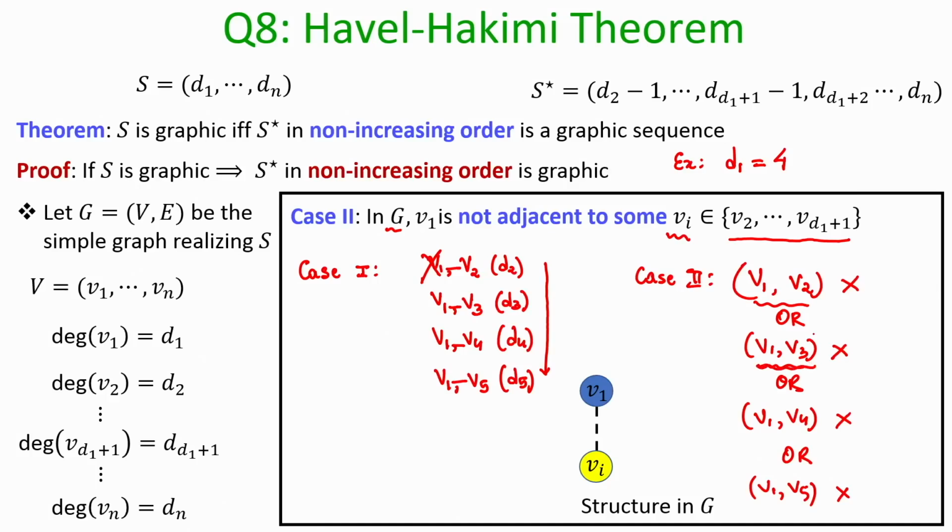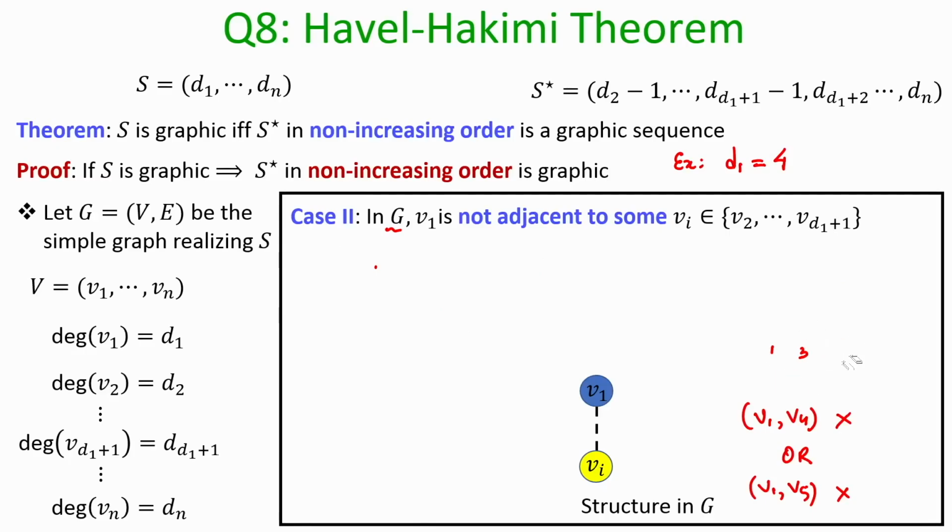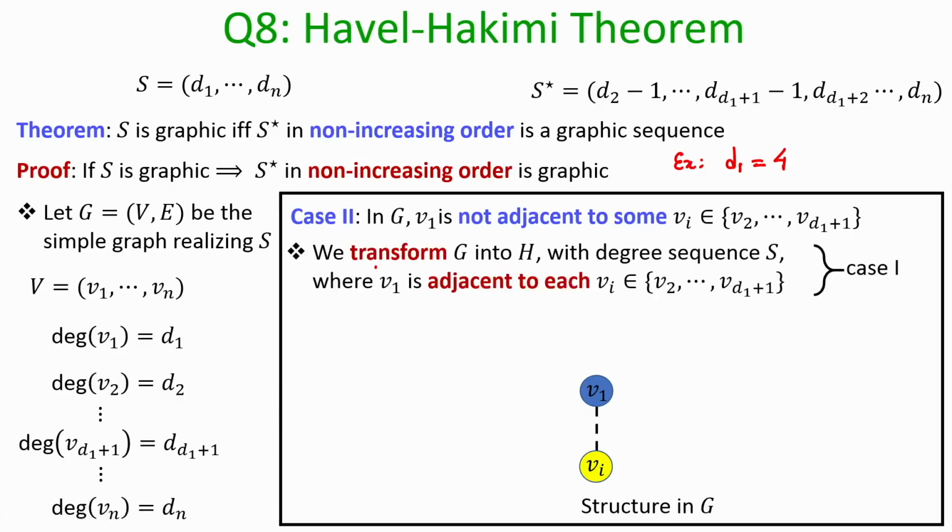So, I can't run the same argument which I easily or conveniently used for case number 1. So, I have to do something more to handle case number 2. And by the way, these are the only two cases, either case 1 could occur or case 2 could occur, there can't be any third case possible. So, the proof strategy here will be the following.